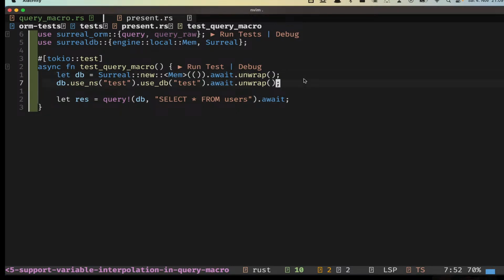As you can see on my screen now, I've got this little code snippet, but the line we're going to be focusing on right now is line 9. As you can see, first we've got these two macros that I've just created. The first is query and the second is query raw, which we could look into, but the most important one is query. Essentially, what query allows you to do is write your query and have it checked